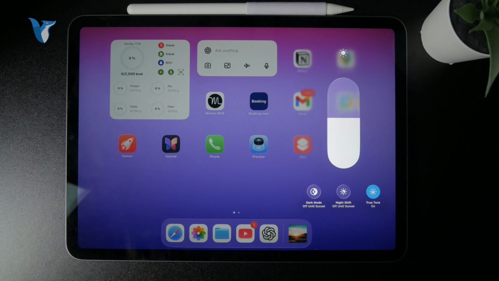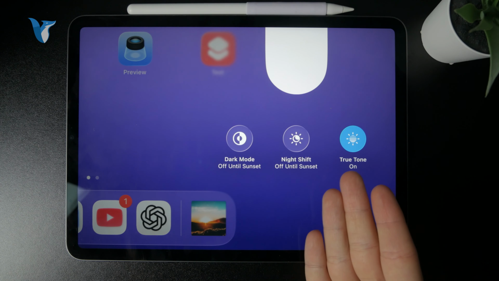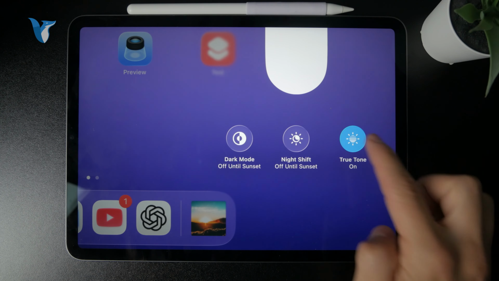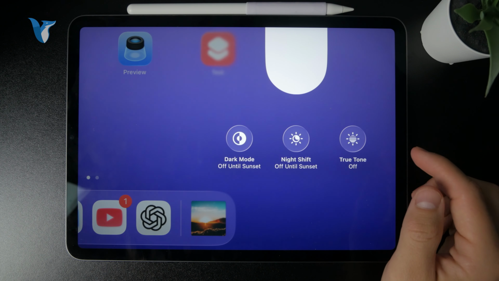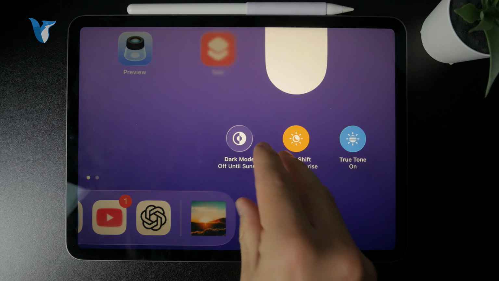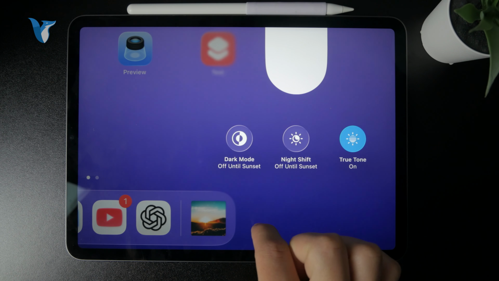or controller is bigger. But below we also have the three buttons for the screen control, which are dark mode, night shift, and true tone, so you can play with those as well. True tone will change the temperature of the display to match your environment or your surroundings. That's pretty useful. Night shift is for the night, which is the blue light filtering. And also the dark mode switches the white background of apps to a dark background, so it's also easier on the